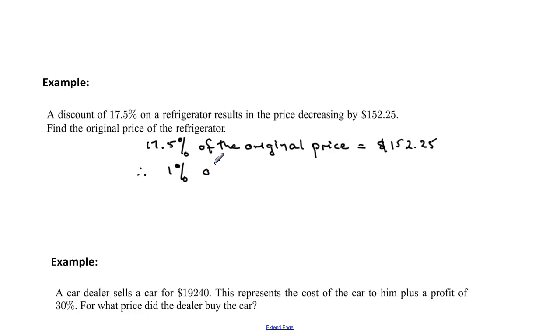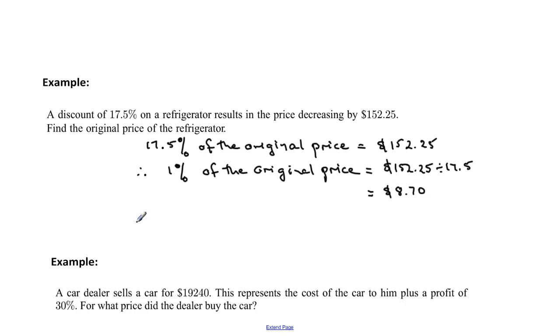1% of the original price is equal to $152.25 divided by 17.5, because if I divide 17.5 by 17.5 I get 1, so I have to divide this by the same, 17.5, and that gives us a value of $8.70